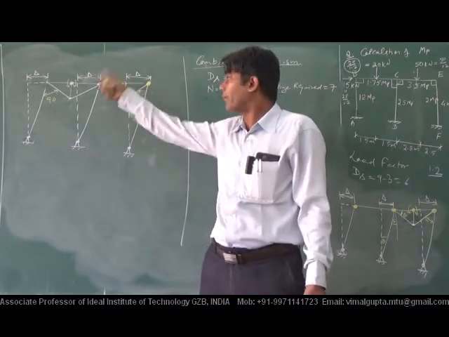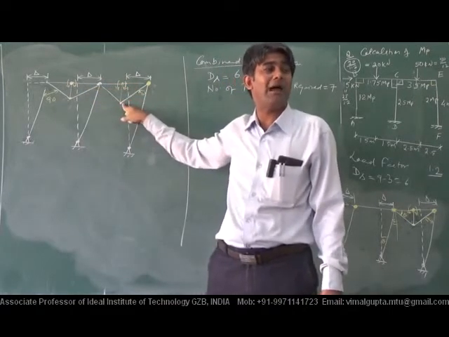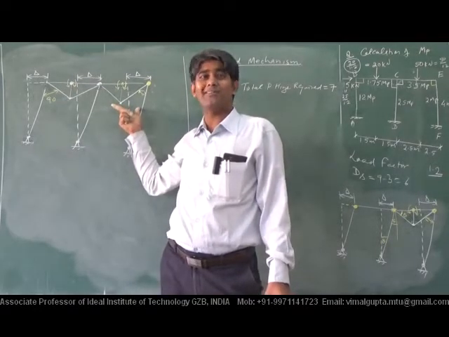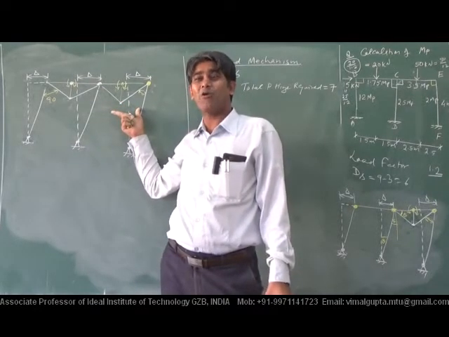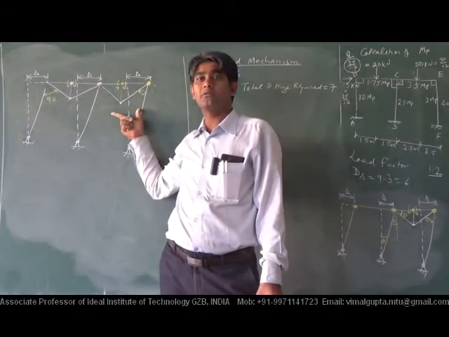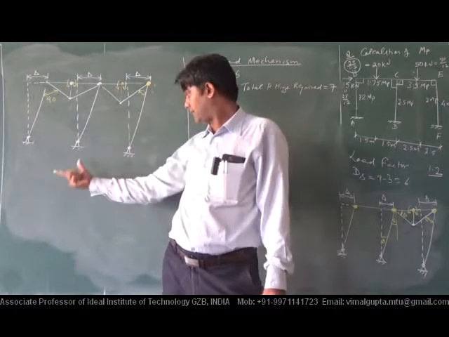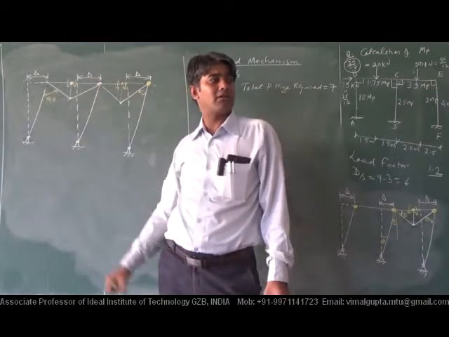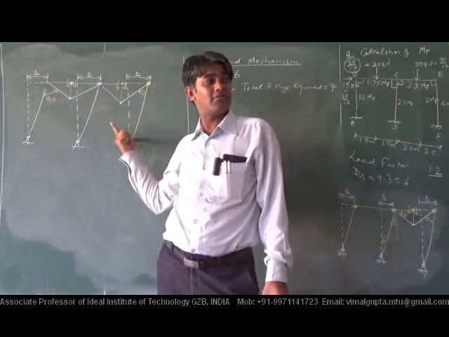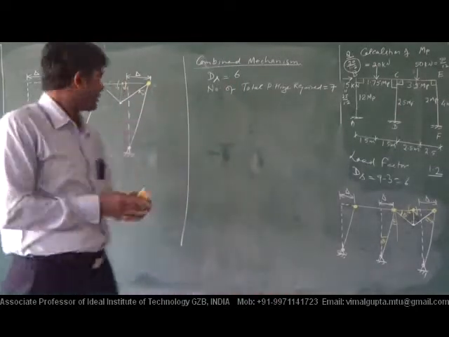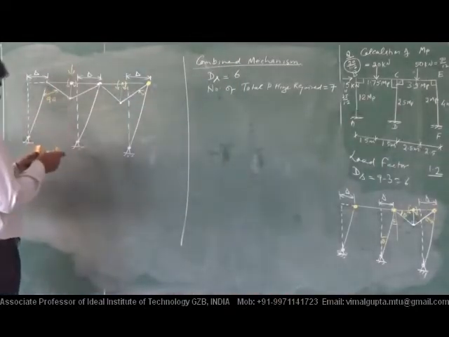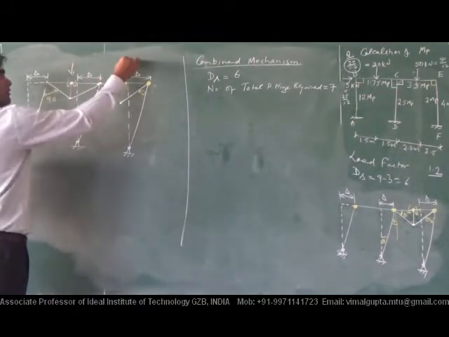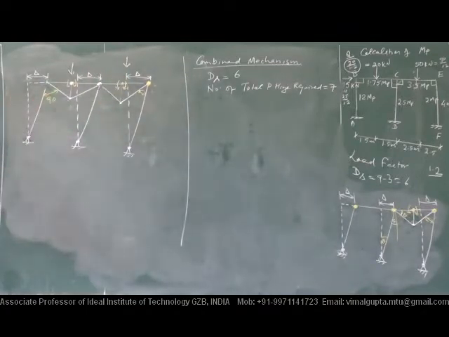So how many optional plastic hinge have been located? 4. And it was the only requirement. So these 3, this one compulsory, 4 are optional. And we have the deflected shape. And if we have the deflected shape, then we can calculate the value of MP. We do not have any other option.